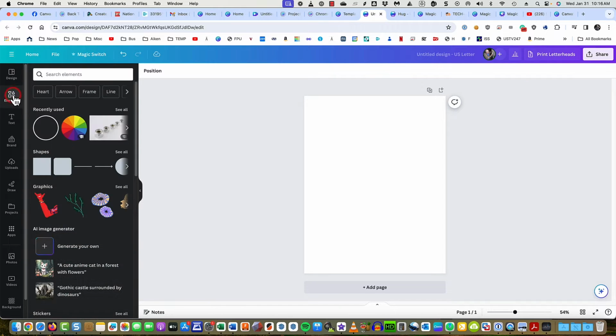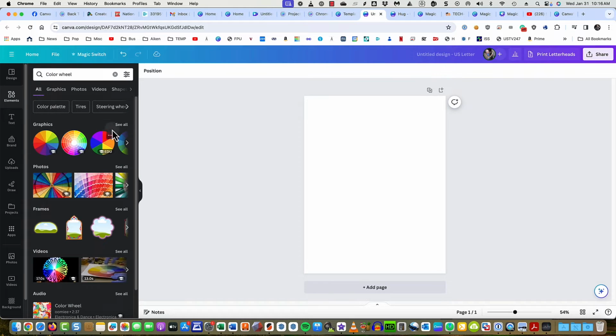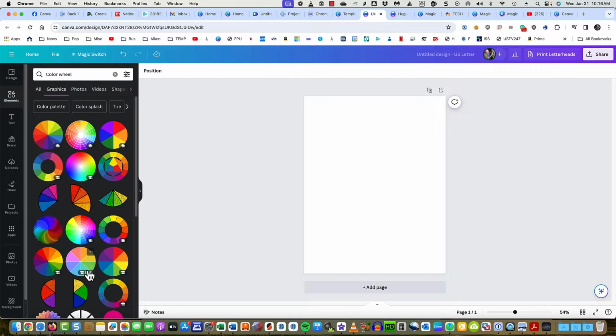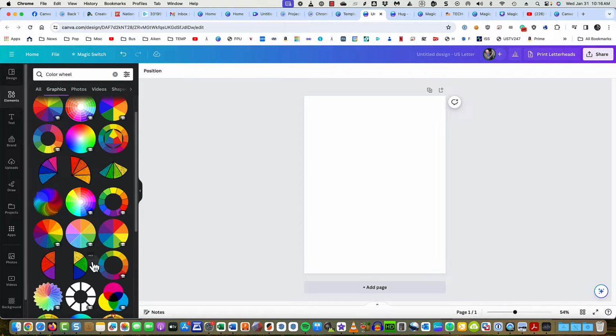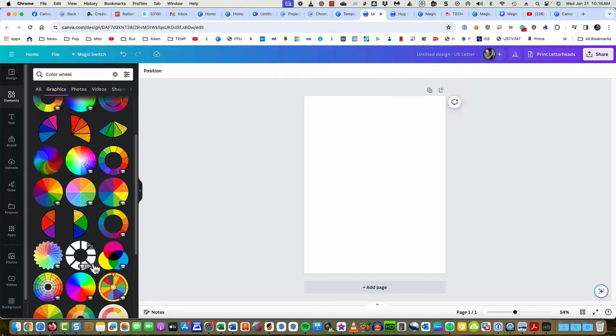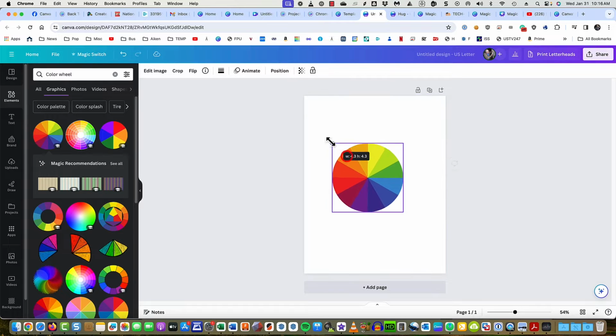So I'm going to come into Elements here, and I'm going to search for color wheels. You can see that I already did, and there's a whole bunch of them here. It doesn't really matter which one you pick because we're going to end up deleting it later, but different color wheels have different numbers of sample colors. So I'm just going to grab this one, bring it into my design,